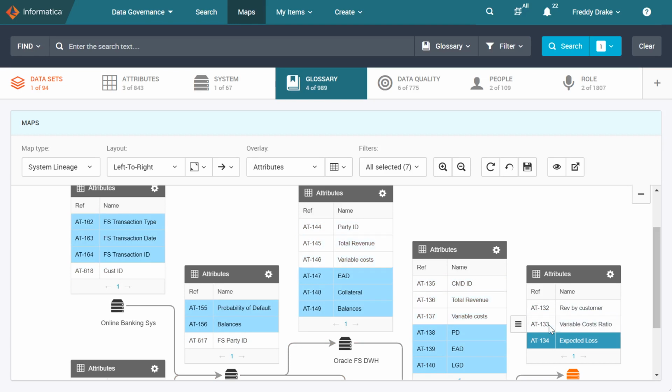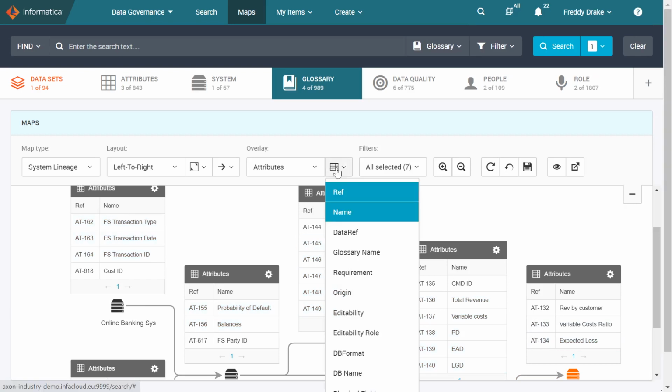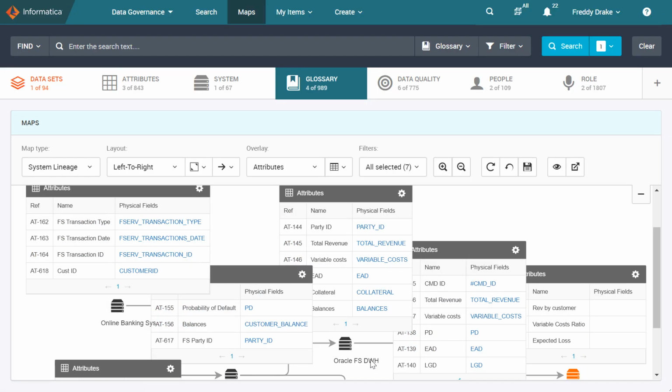Now after applying overlay on attributes, he will apply overlay on physical fields. Physical fields information will help Freddy to understand where the data actually resides. He can also validate what he has seen in Axon by clicking on any one of these physical fields he is interested in and by viewing the lineage and profiling information in EDC. He will redraw this